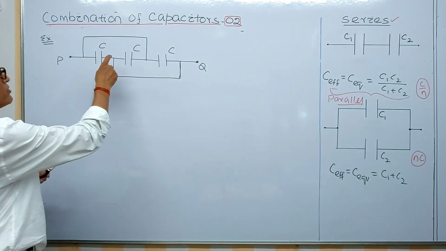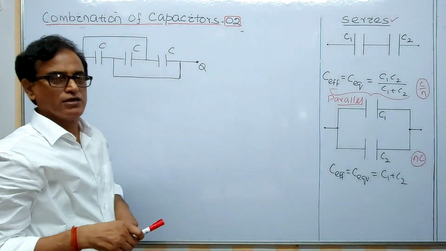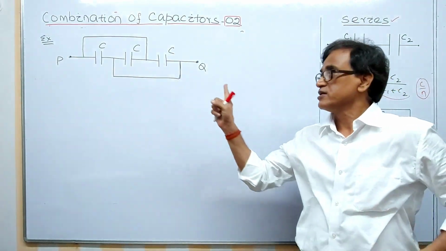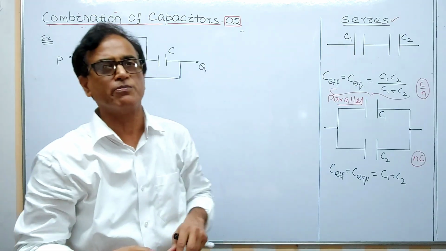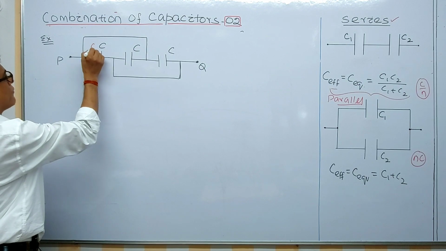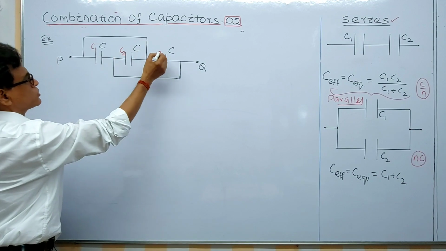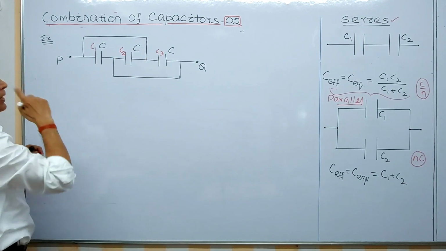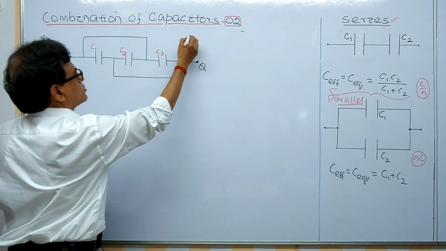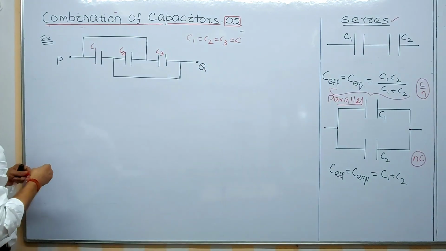And here, now this is an arrangement. It confuses whether it is a series combination or a parallel combination. First, it appears as a series combination, but in this type of connection, this is not a series combination. This is a parallel combination. Let us see how this is possible. Now here, let me take this as C1. There are three capacitors, all of the same value, C. I am writing all of the same values here, so for clarity C1 is equal to C2 is equal to C3 is equal to C. It will be easier for calculations.